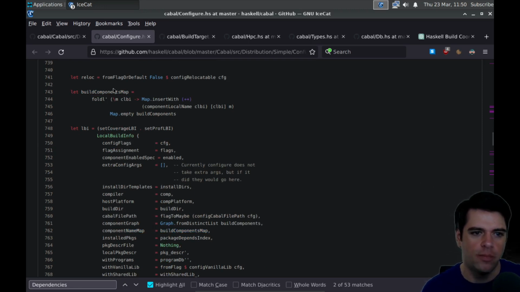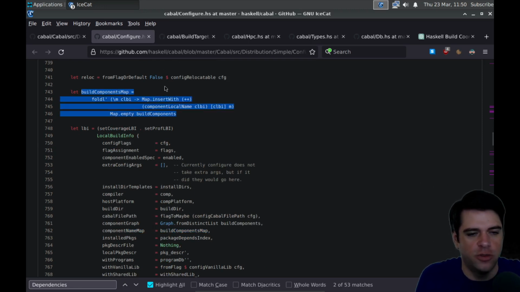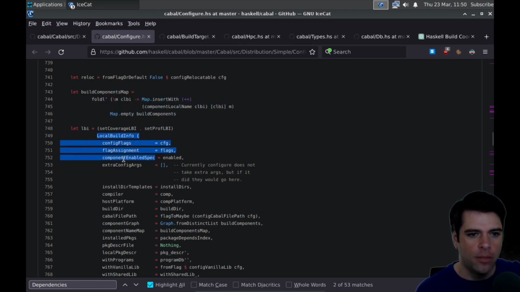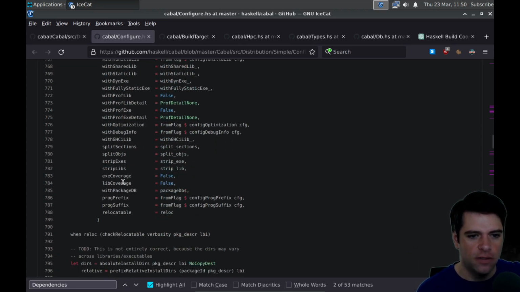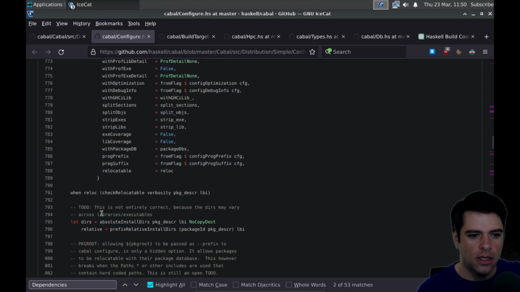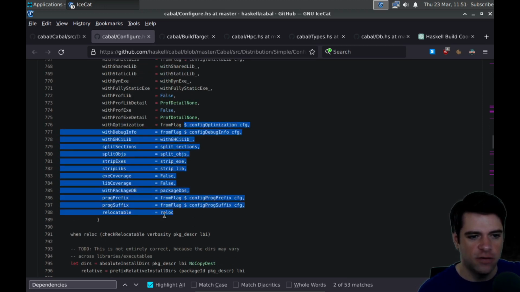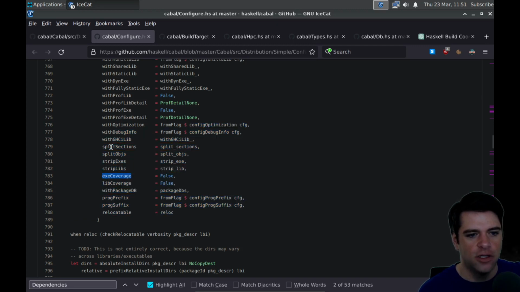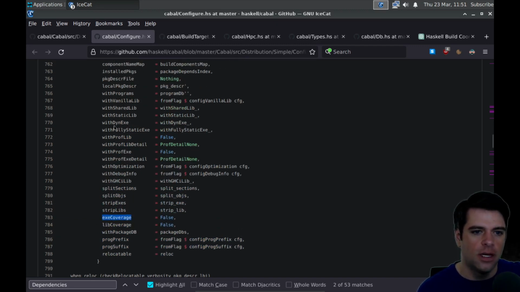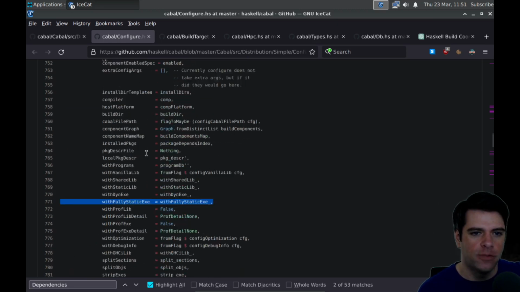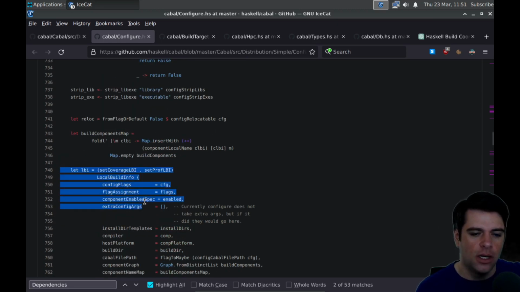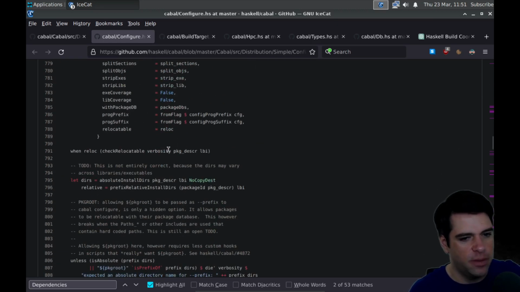So whatever we did here by folding, which is we created essentially a dictionary of component stuff, now we are putting it into this local build info stuff. And just configuring stuff like, is it relocatable, exe coverage, whether to strip stuff, whether it's fully static. So this is a bundle of config that is presumably going to be passed to the compiler.